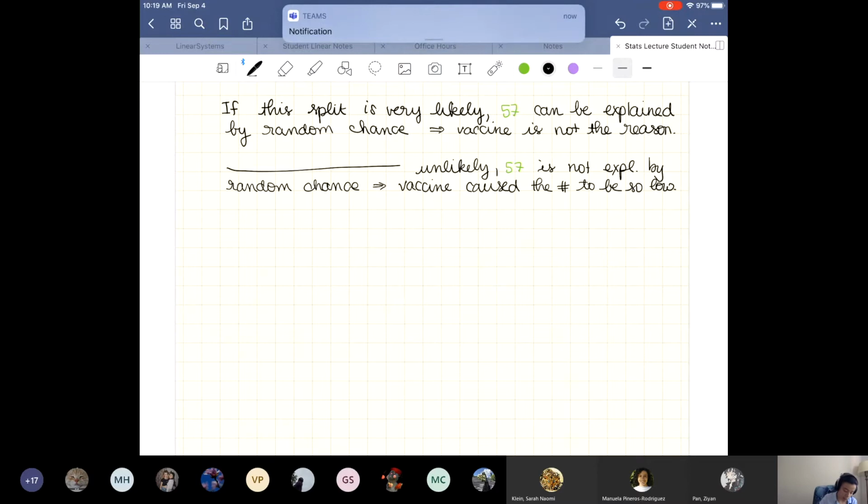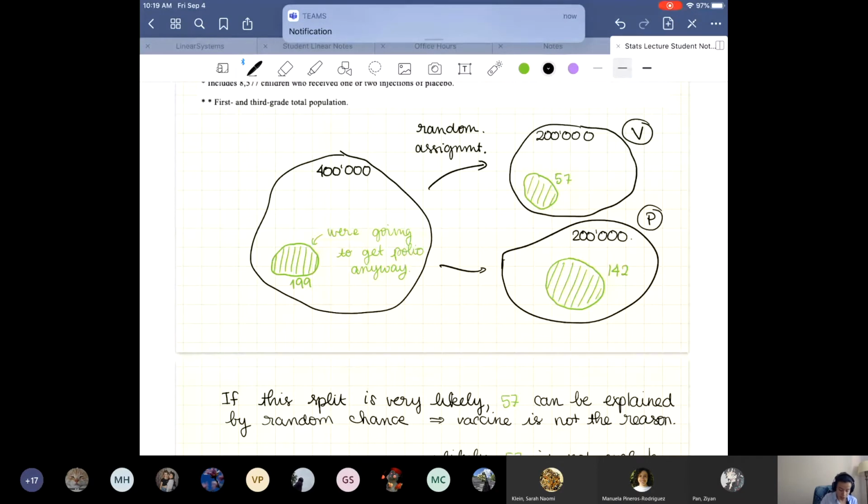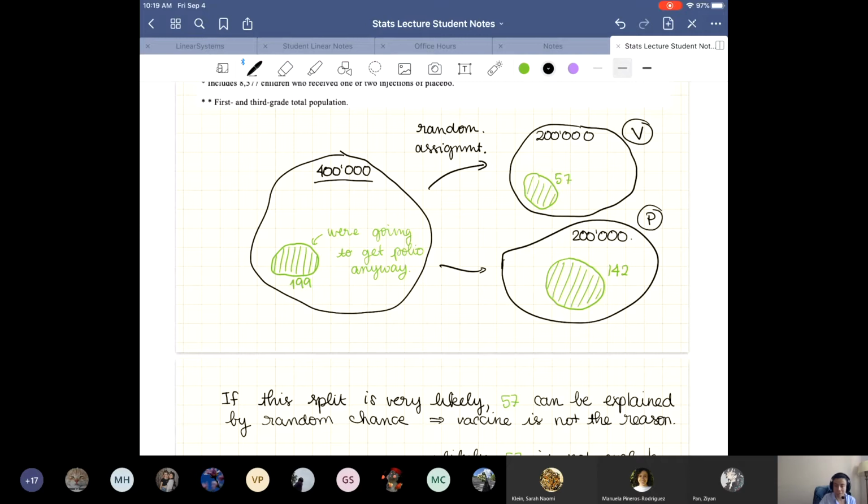So I can simulate a population of 400,000 things where 199 have a single property. And then I can simulate this assignment a bunch of times, right? So I can randomly assign, so like I do this, I split it once, and then I split it again. And every time that I split them, I count